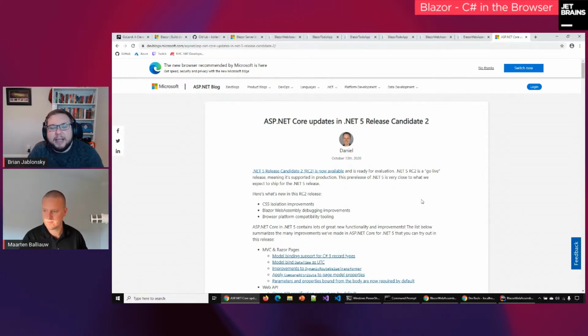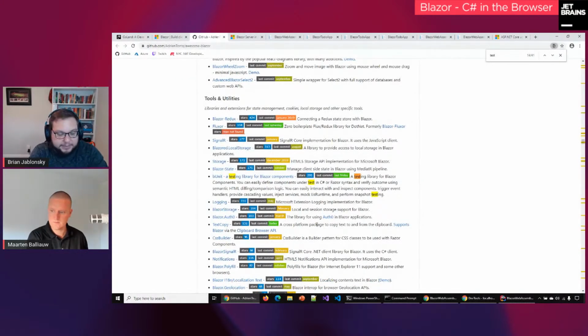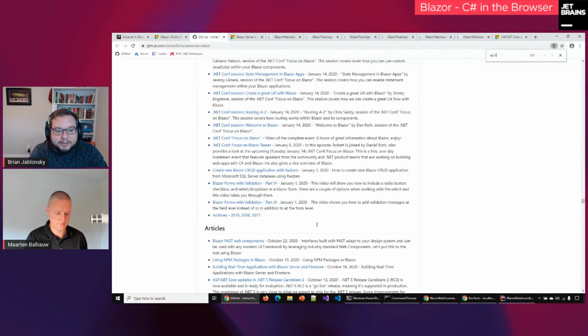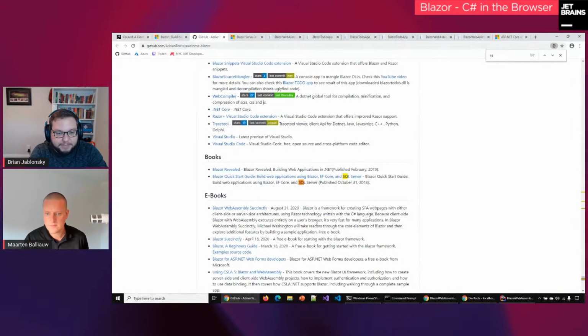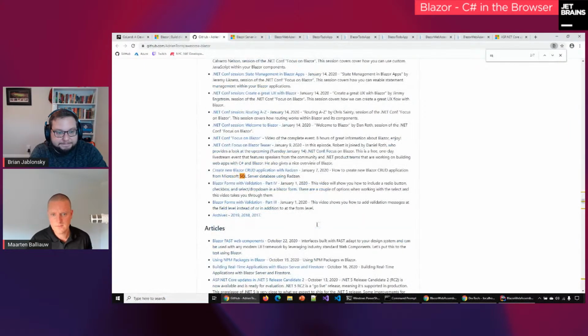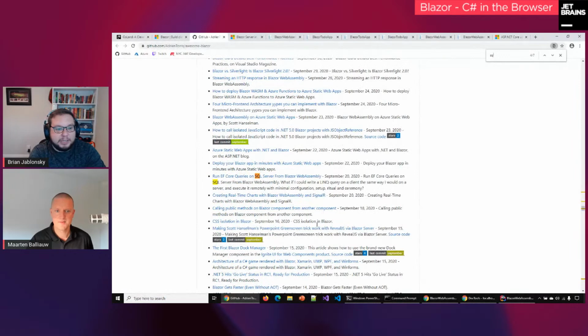I haven't actually messed with doing SQLite. Normally I do full SQL Server or another type of SQL Server backend where I'm using an API to access that and do that kind of state management. But you can definitely use SQLite. There might be, if you look under the Blazor resources, let's see if we have anything for SQLite. Everything's just with full SQL, isn't it? Yeah. But I'm sure there's probably some SQLite tutorials out there.